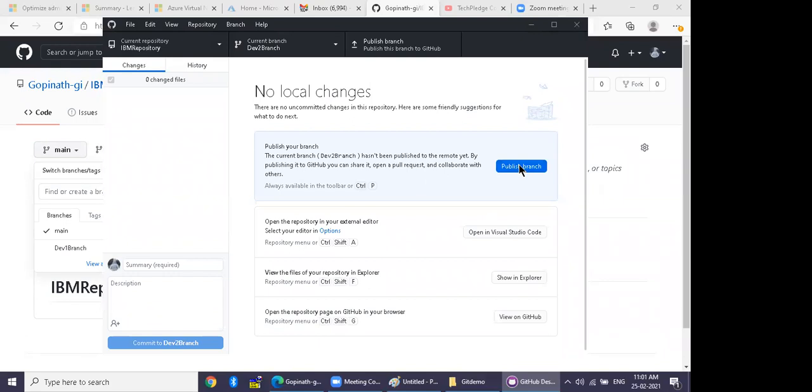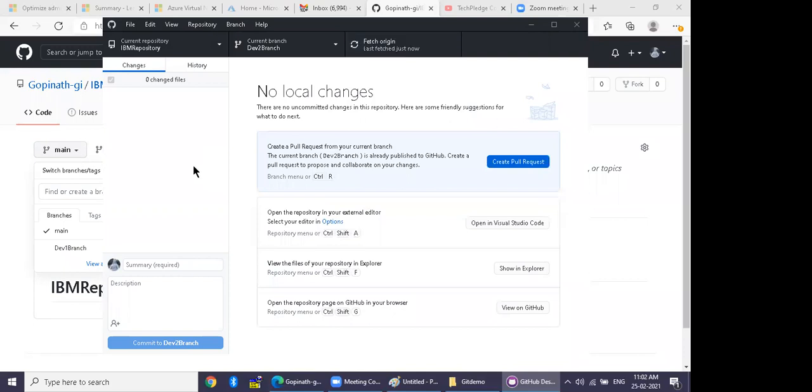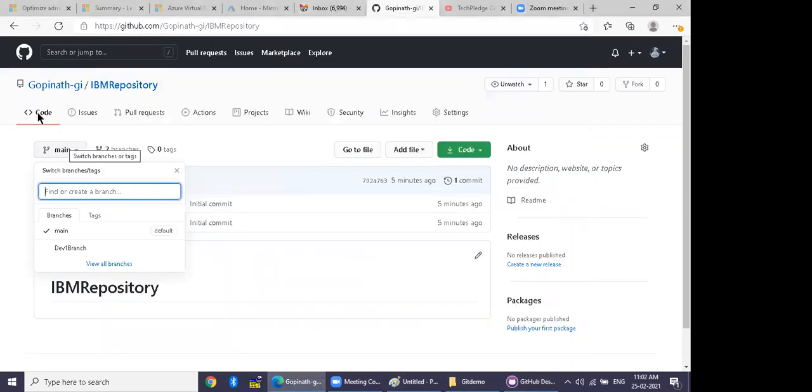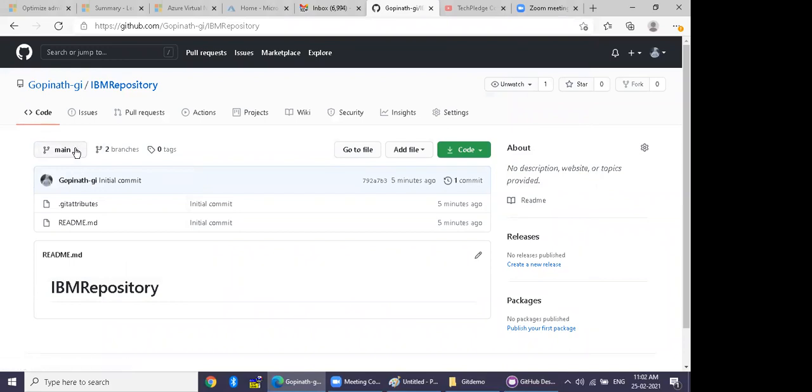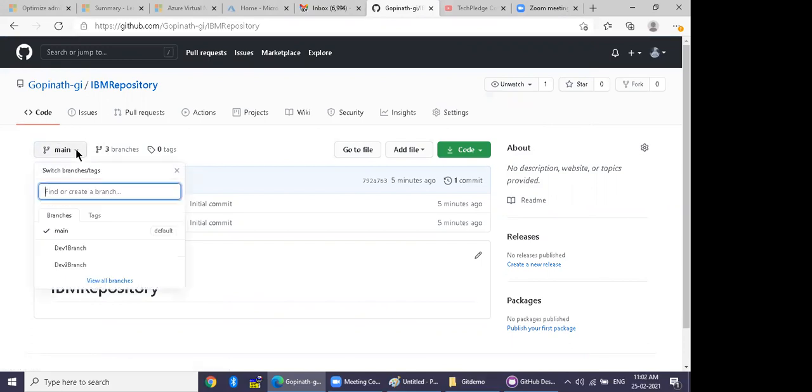Click Branch. Go and refresh your GitHub. Yes, I can see that.